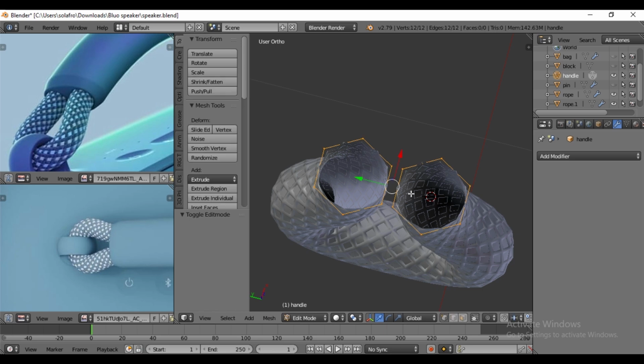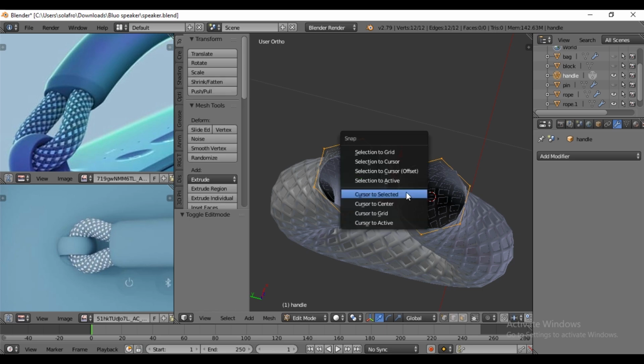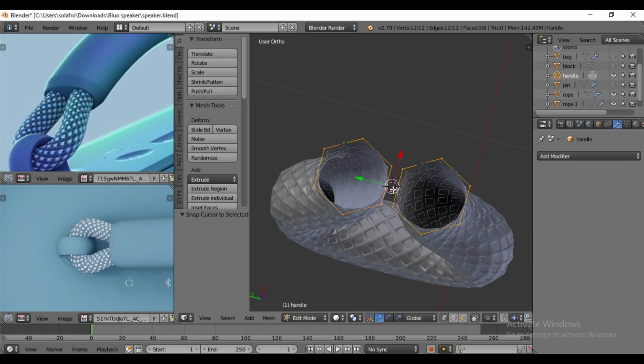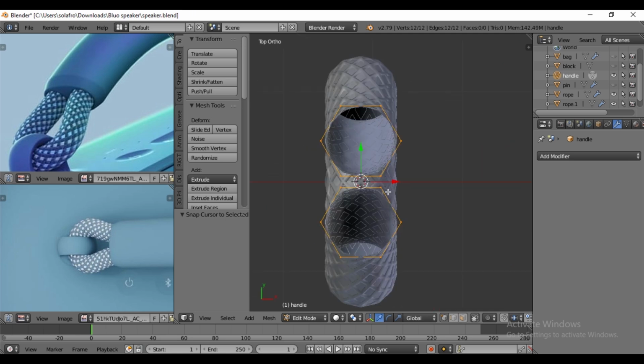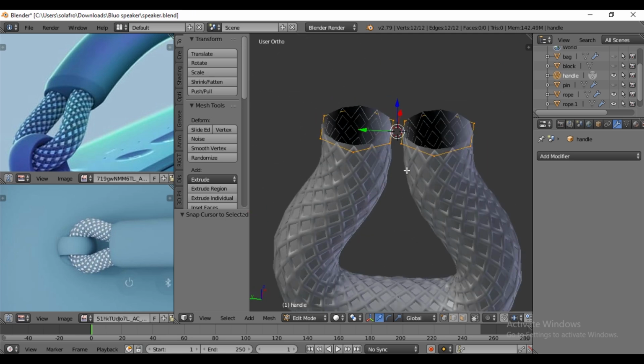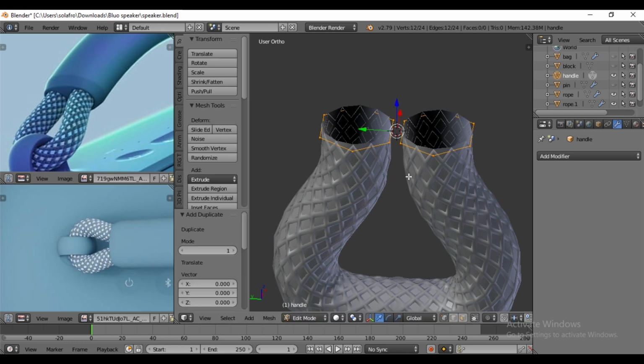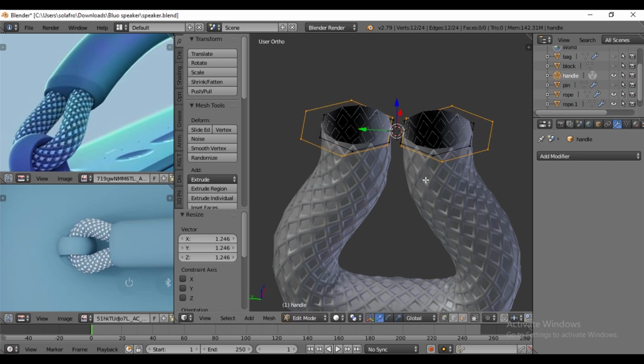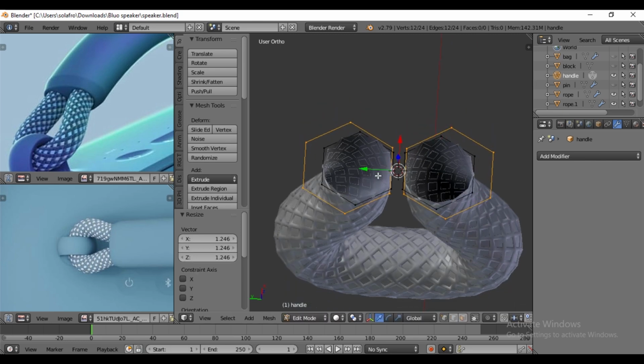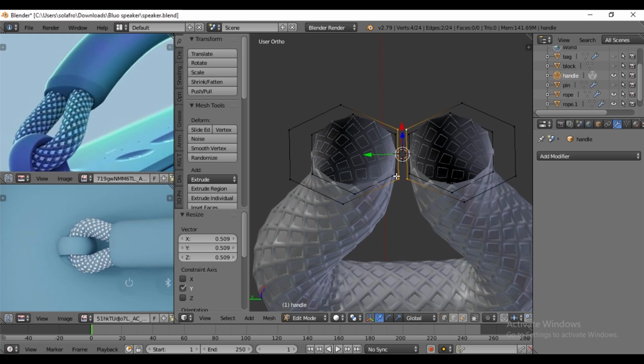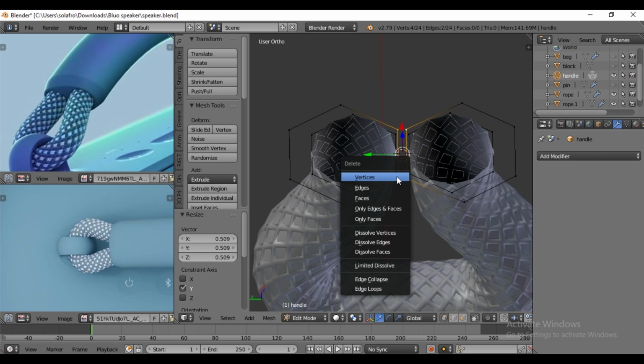Then again back to edit mode, and by pressing Shift S, select cursor to selection. Duplicate by pressing Shift D, then press S to scale. We don't need these four vertices, so by pressing X, delete them.